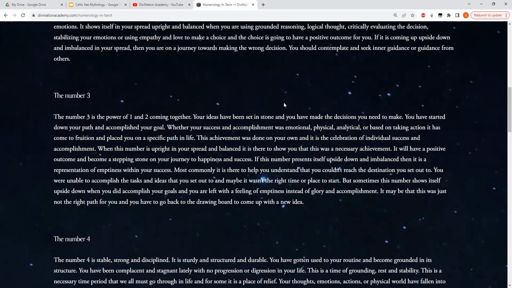It is represented by decision making, because in order to accomplish something, in order to be somebody who is very accomplished, somebody who is very successful, somebody who has a lot of self accomplishments that they accomplished all on their own, in order to do that, you also need 1 and 2. You need to have started, and you need to have made decisions. In order to reach the number 3, 1 and 2 must also exist.